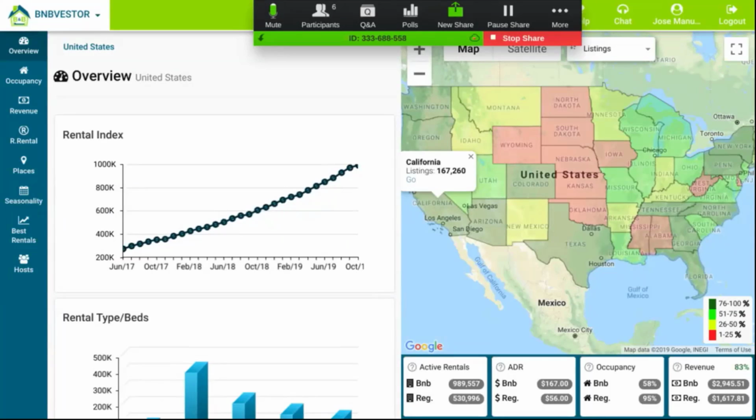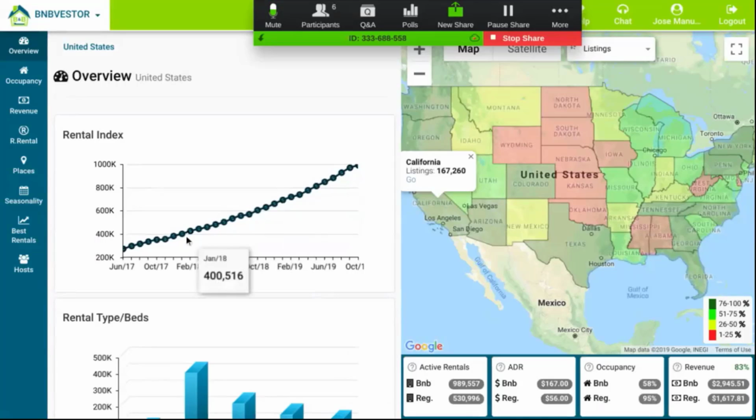So what we're going to use is this tool, Bnbvestor, and it's a great tool to make analysis and learn a little bit more about the VFB market. I want to tell you a little bit more about the evolution that the short-term rentals market has had in the United States.